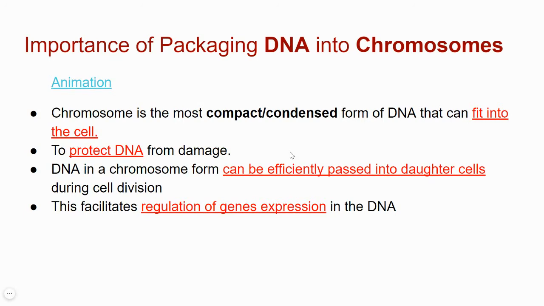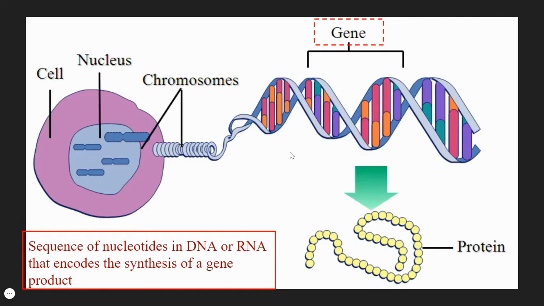Finally, we say that packaging the DNA into chromosome form actually helps in regulation of gene expression. Let us understand what this point actually means. In a cell, our DNA molecules are found in the nucleus, and they are extremely long. So they are coiled around histone proteins to form nucleosomes, and then many nucleosomes look like beads on a string, and they form the loose chromosomal structure, that is chromatin. Then these chromatins supercoil around each other to form chromatin fibers or even thicker structures like a chromosome.